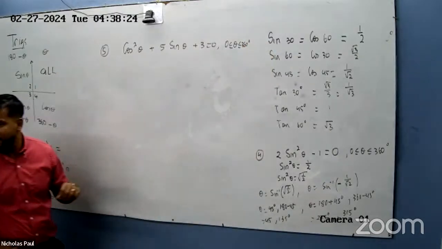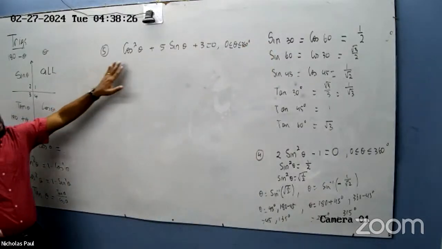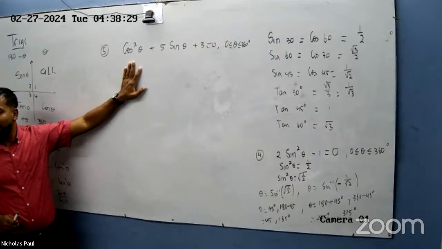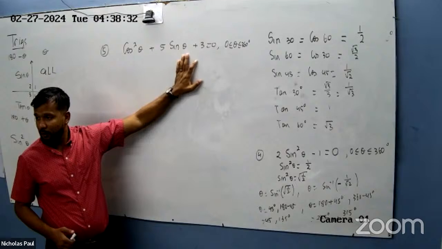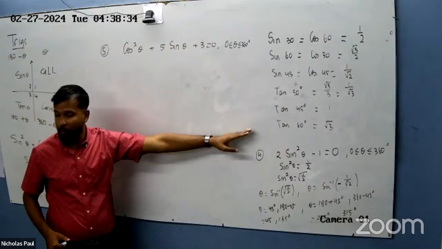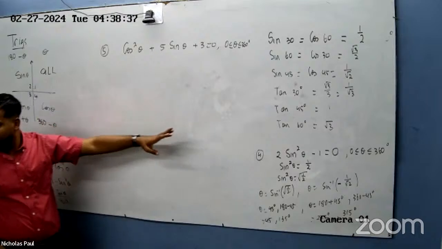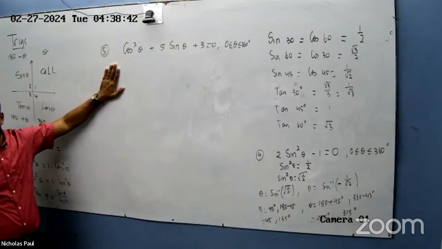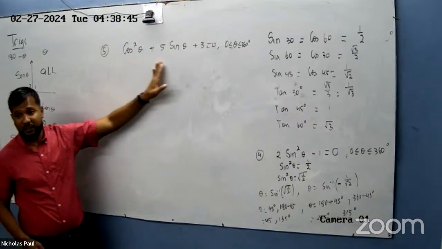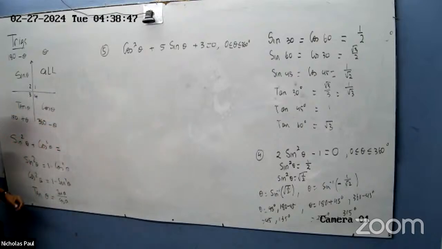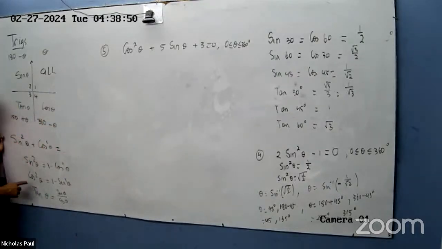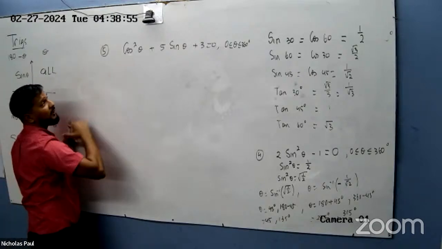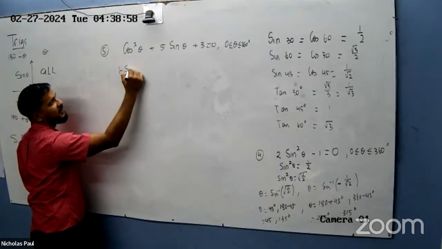All right, so watch this here. This here we have a problem. The problem is we have cos and we have sine. The only way we can solve is if we have sine alone, or cos alone, or tan alone. All right, Daniel, watch up here, please. How are you working this out? Very good. Cos squared theta is 1 minus sine squared. So if I take out cos squared and I write 1 minus sine squared,